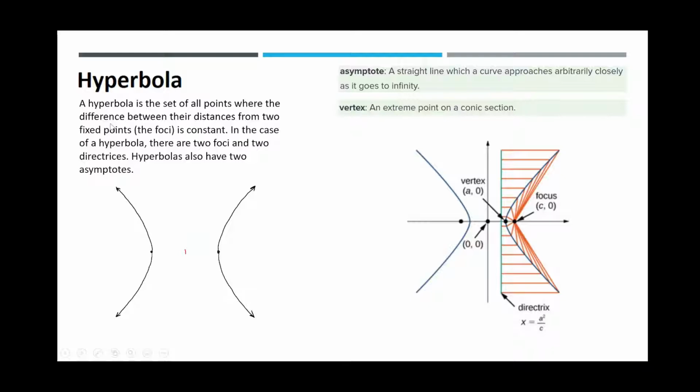Now, the definition of a hyperbola is a set of all points. So imagine the points that are created on this curvy black line. That's a set of all points where the difference between their distances from two foci is constant. Let's take a look at how that is visualized. Suppose there's a point A here, and let's say this is the one focal point and this is the second one here. So the distance here and distance here. Obviously, one is longer than the other, so we're looking at the difference between these two, and that's going to be the same as if I were to take another point on the black curvy hyperbola